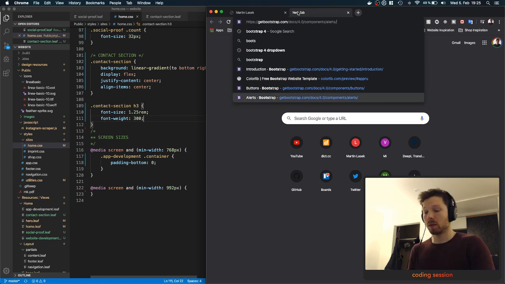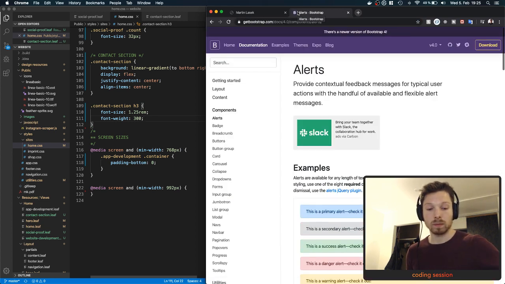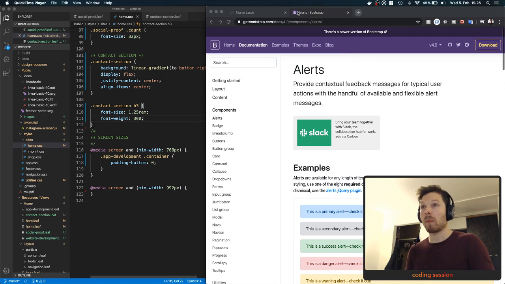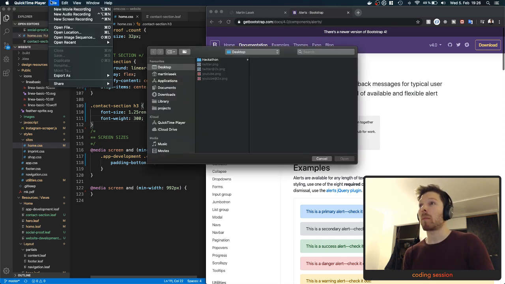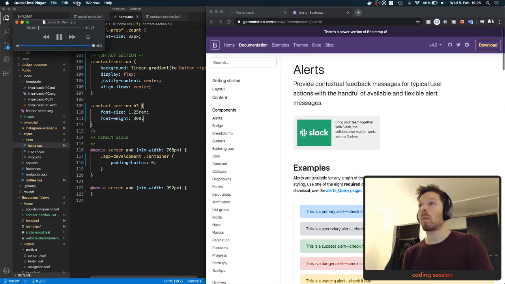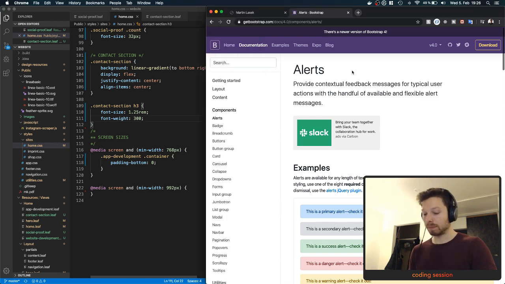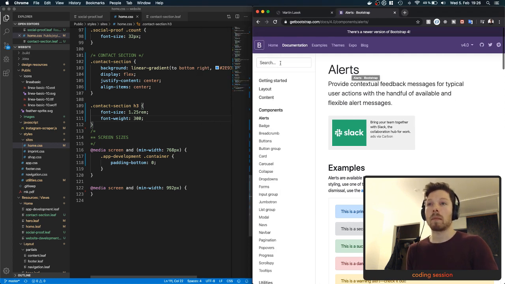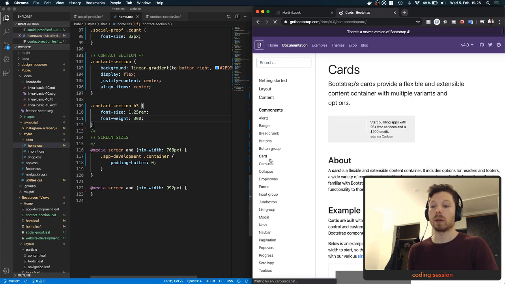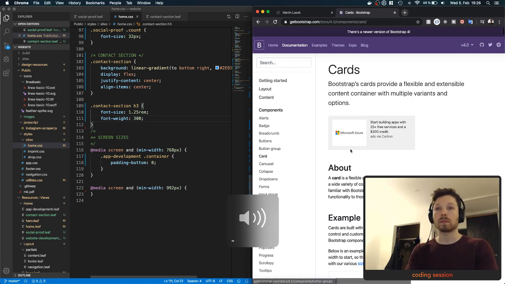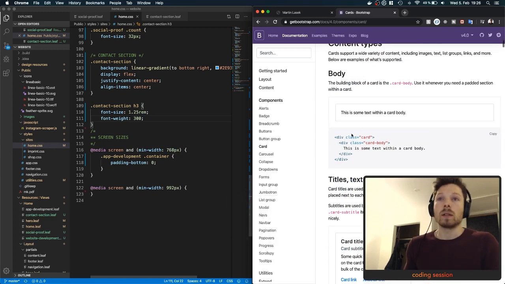Bootstrap 4. There we go. That's what we want.